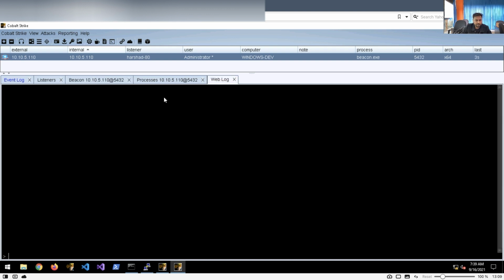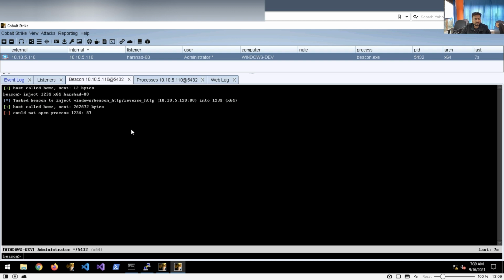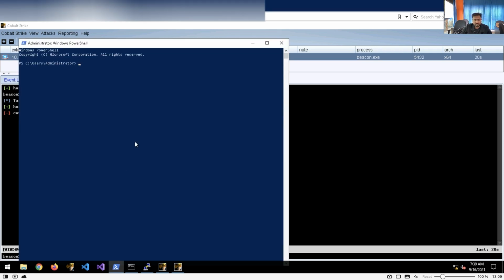I want to check the log, but I don't have any information regarding this one. Well, let me try some other command. I'll run a PowerShell command and check whether we are able to get any information there or not. So I need to use PowerShell; this is my PowerShell right now.